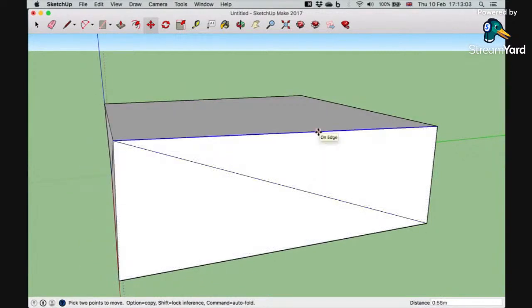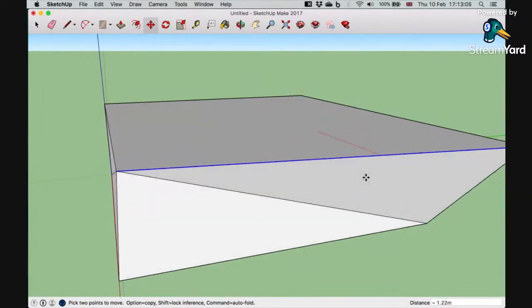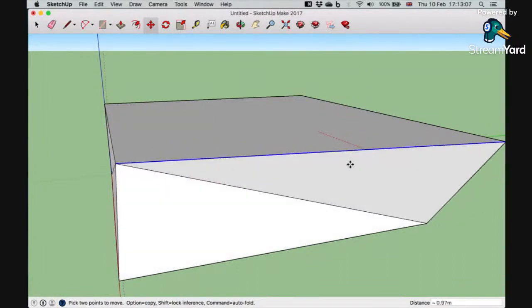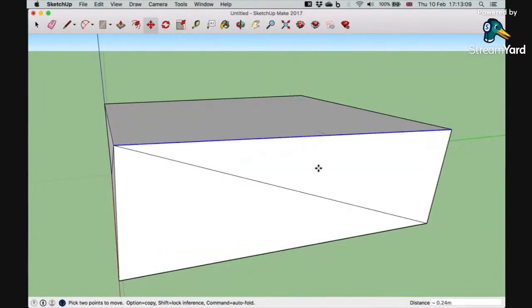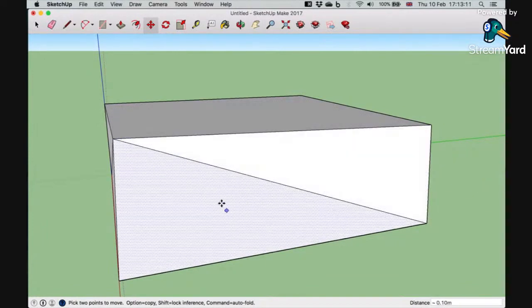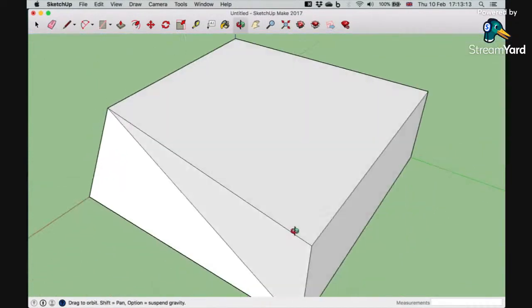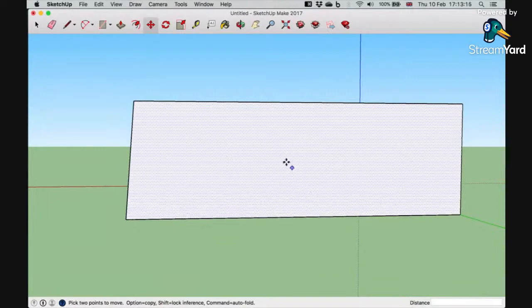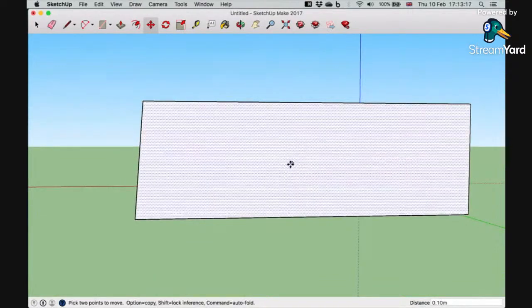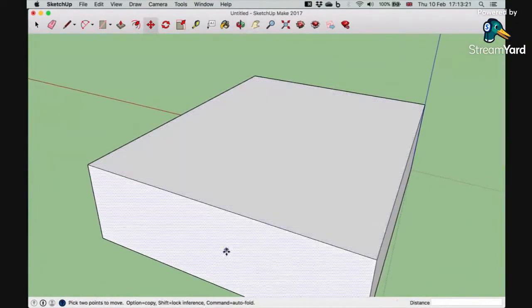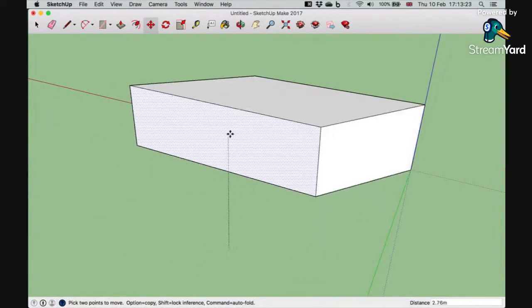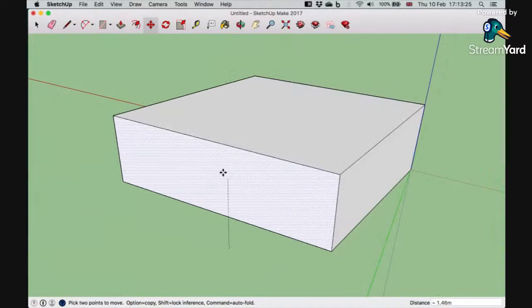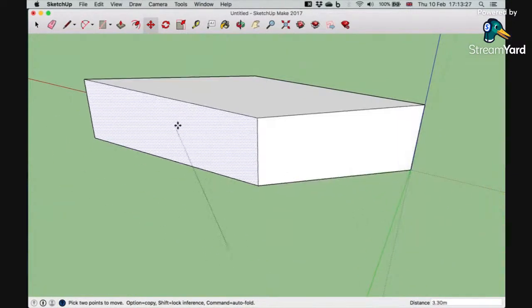Okay, if I move an edge, it distorts the object in a different way just by moving that edge and all the surfaces and corners that are associated with it. And if I pick a surface that is still flat and move that, you probably can't see very much happening there. I move just one surface. You see, it just reshapes the object, but it keeps that entire surface